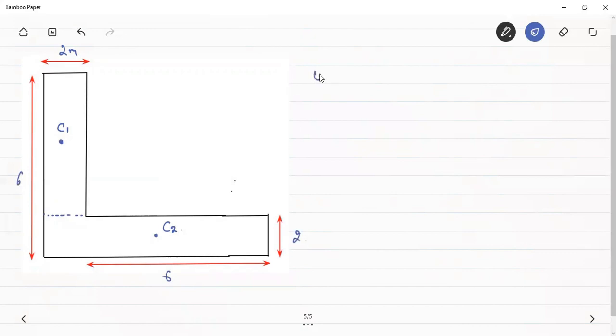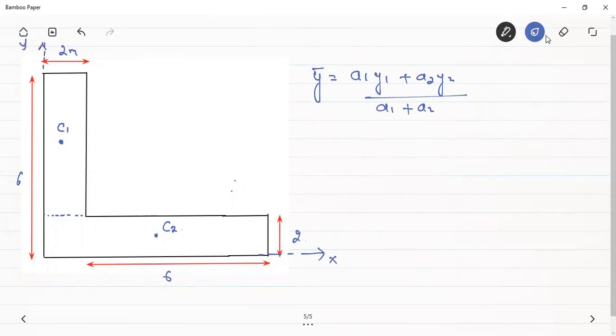Now I am finding the y coordinate of the centroid, and as per the general formula, it is equal to (a1 y1 + a2 y2) divided by the summation of a1 and a2. Now these y1 and y2 are the centroid coordinates of the first rectangle and the second rectangle respectively. So this will be our reference x-axis, this will be our reference y-axis, about which we are measuring these